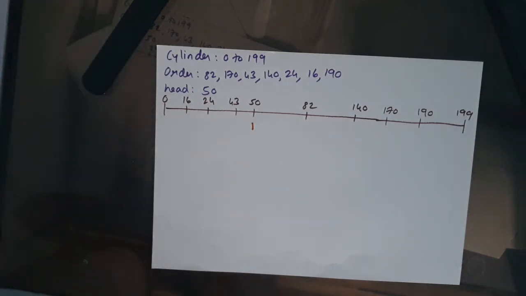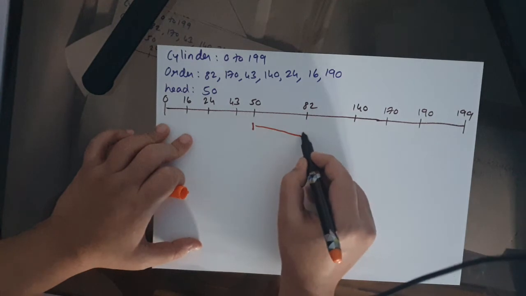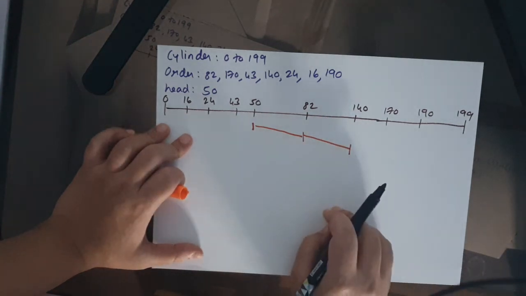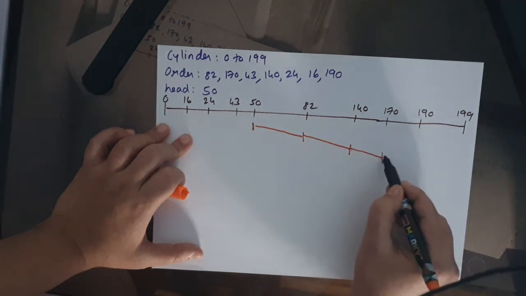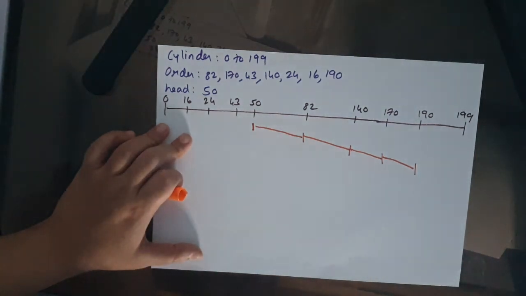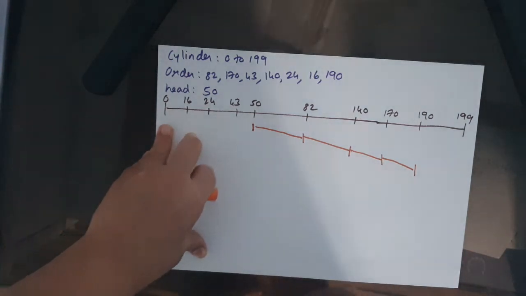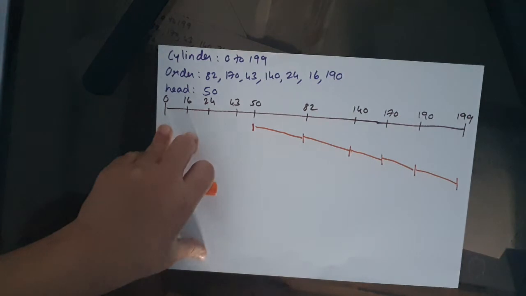We have to go in one direction, and on that particular path we have to serve all the requests that are coming in that direction till the end of the disk. So we begin, we go towards the right. The first one that we encounter is 82, we serve 82, then 140, we serve 140, then 170, then 190. We have served all our requests on the right side, but it is necessary to go to the end of the disk. So we go to the end of the disk and we reach 199.